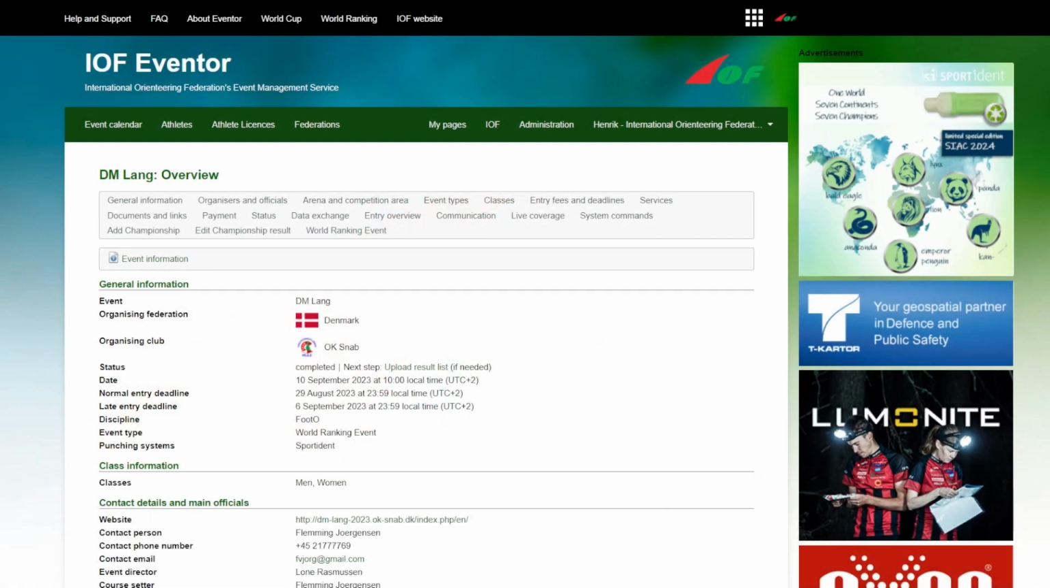When you have set up the classes, you can choose if you want to have the entry in IOF Eventor or if you want to have it in some other system. If you have other classes in some kind of spectator race, it could be easier to have it in another system. But I will show you how to download the entries from Eventor. You have the downloads in the data exchange page,